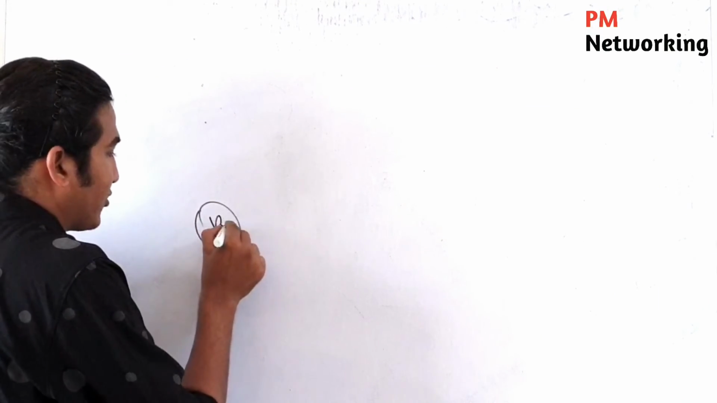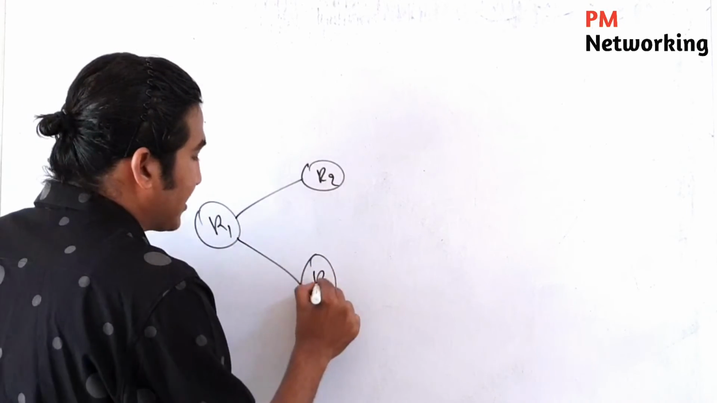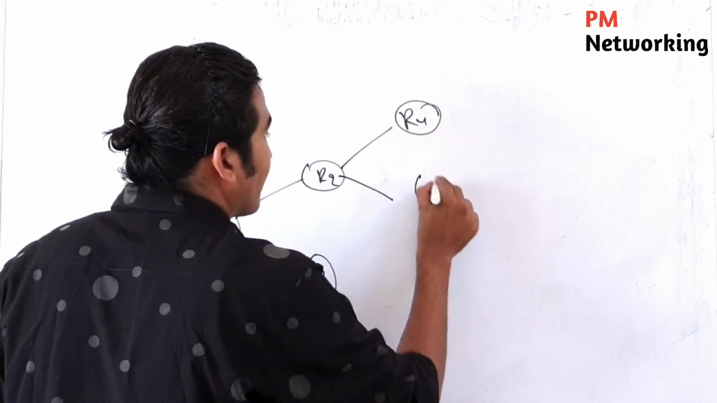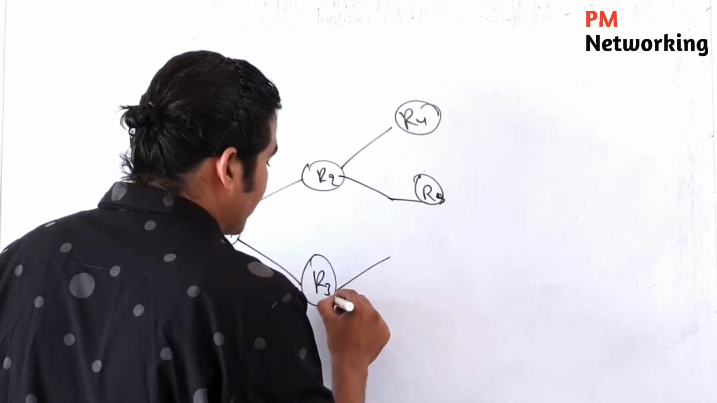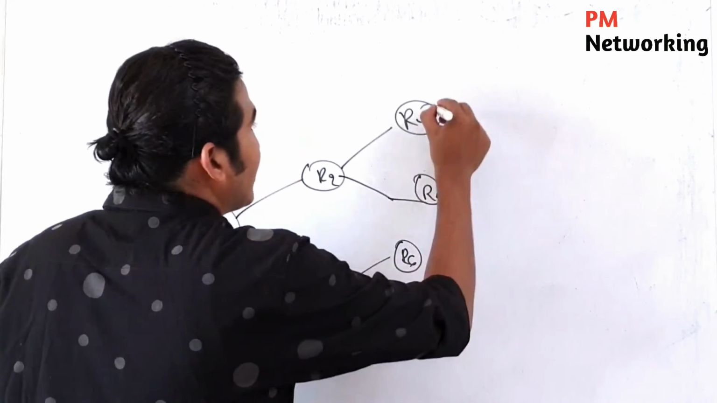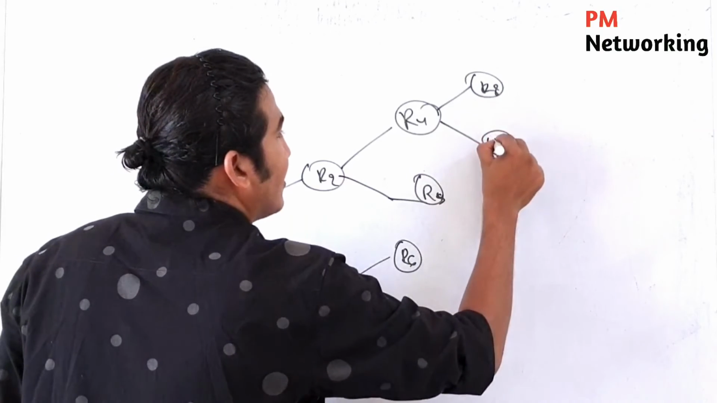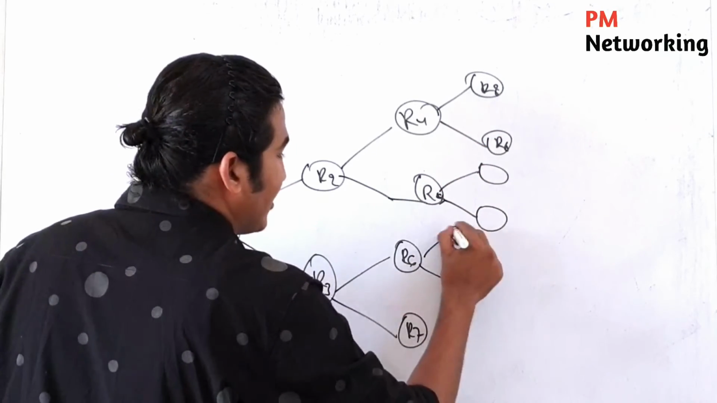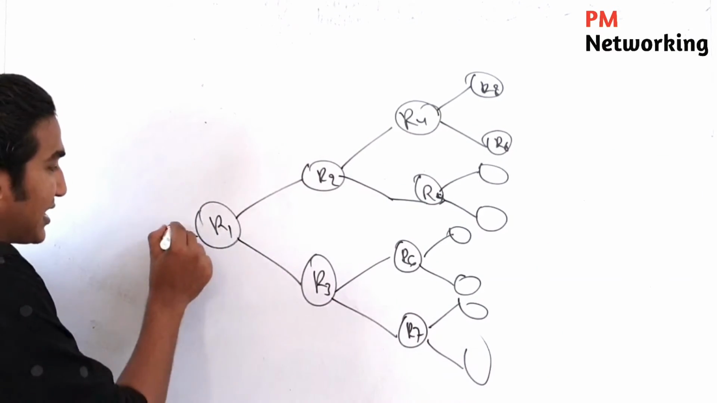Suppose we have one router R1, and this R1 is connected to R2 and R3. R3 is connected to R4 and R5, and R3 is also connected to R6 and R7. This router is also connected to R8 and R9. This router is connected to R10, R11, R12, R13, right? Like this. This is my topology, and suppose here is one prefix